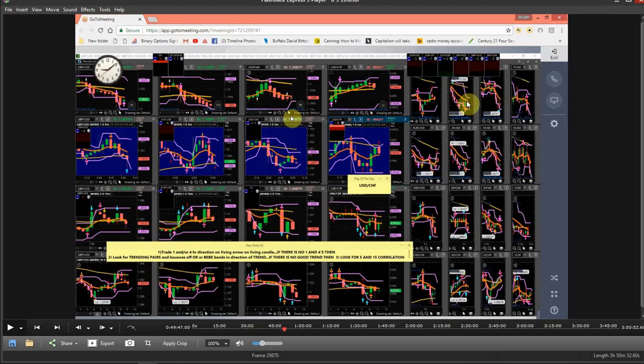Okay, it hit this right here, and it doesn't want to go above the orange road now. It wants to stay down. So what you could have done was, as soon as it bounced off of that, you could have bought it down here and went up, and then had signal down because it's still a downtrend. Okay, you got to remember that all the candles are below the orange road on all time frames except for the 1, the 30, and the 15. Okay. Now, if it bounces off of this right up here, it's going back down.